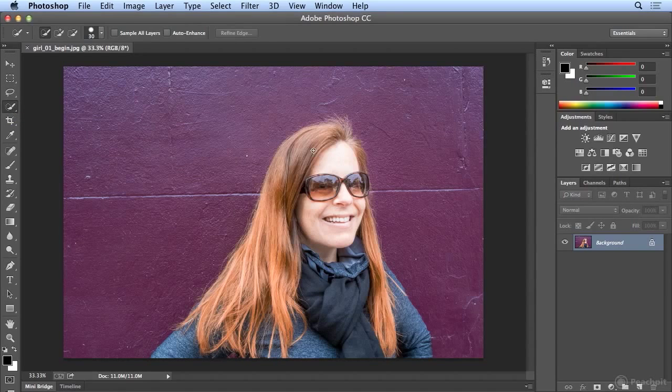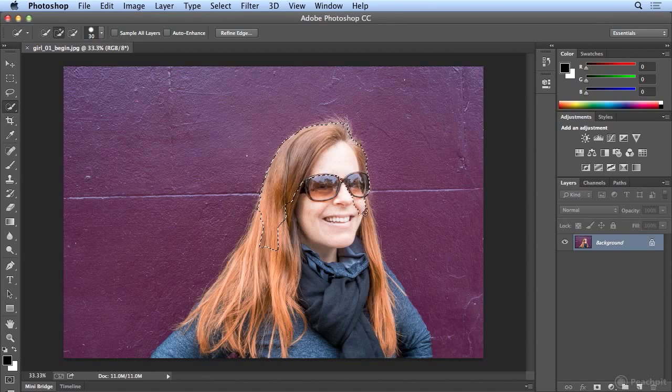The way the Quick Selection tool works is you paint in selections, and many people, when they first use this tool, try to aim for the edge because really you want a good edge. That's actually not the best target. If I start in the girl's forehead and simply drag up and stay away from the edge, I'll let Photoshop do the heavy lifting or hard work for me.